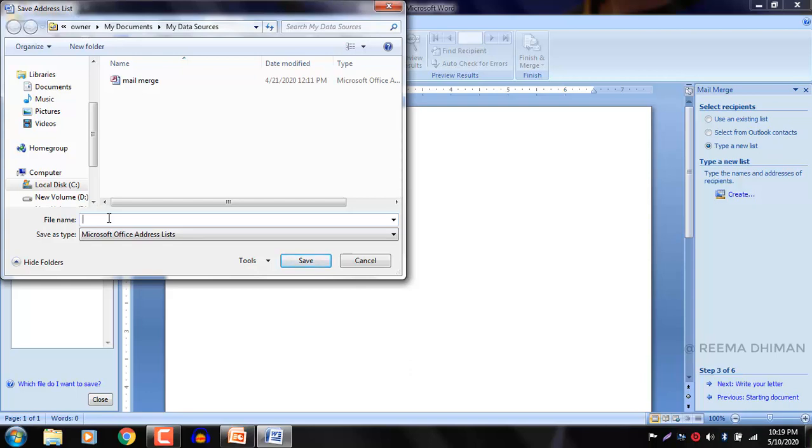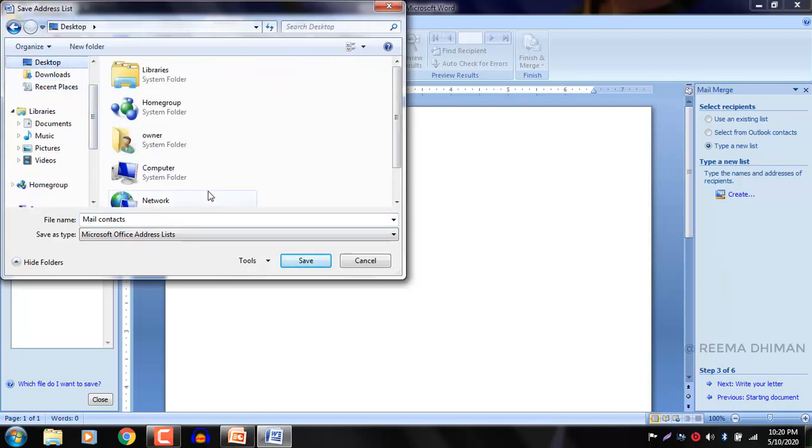For example, I'll give the name here mail contacts. Clear? So I'll keep this file on the desktop also. After giving the name to the file, we have to click on this save button.